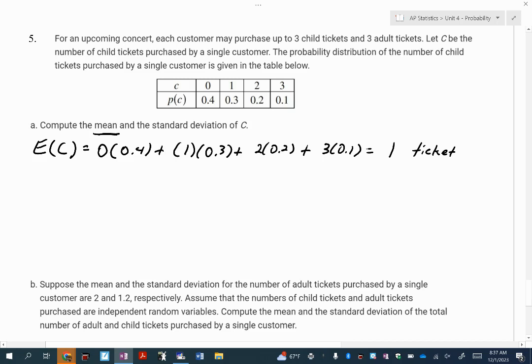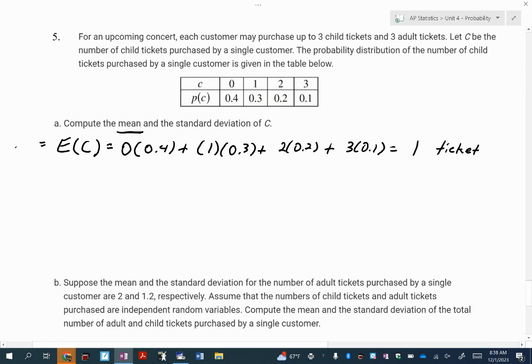Now, in this problem, the statistic is actually a value that could happen. I could go up to the box office and buy 1 child ticket. What if this had been 1.2 or 0.9? Is that okay? Yes, it is okay. Statistics that are not actually values you could get are okay for your random variables. So don't think that it has to be 0, 1, 2, or 3. Most likely, I'll be honest, that's usually not going to be the case. It's usually not going to be one of the values. Okay? All right, everybody good on finding the mean? This is the mean or the expected value. If you want to put the symbol, you can, for mu.